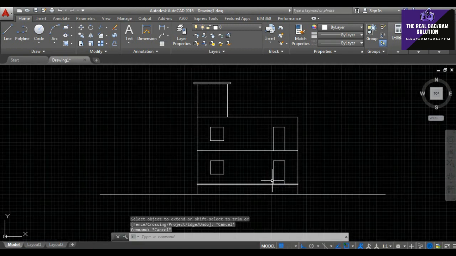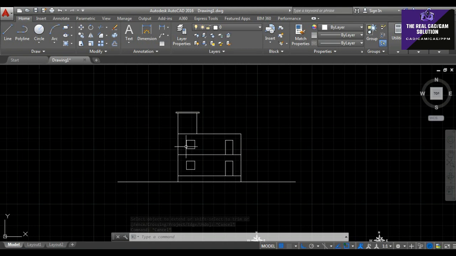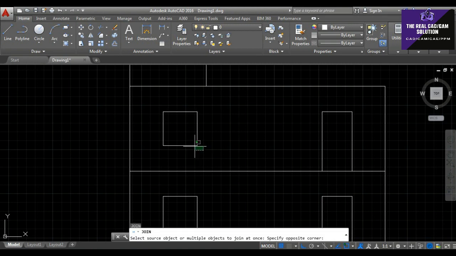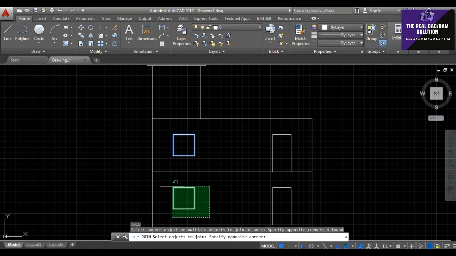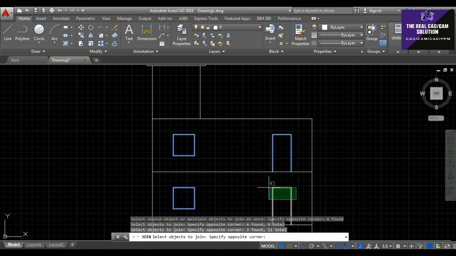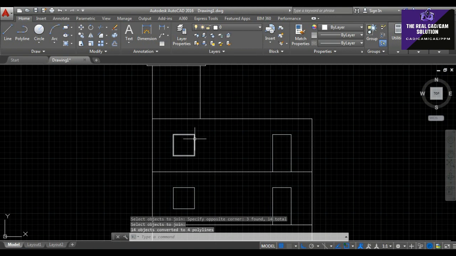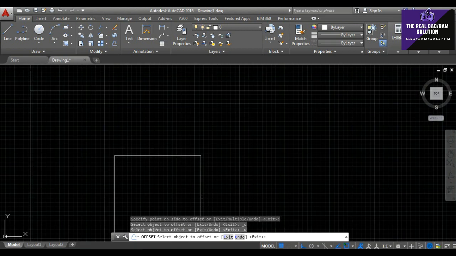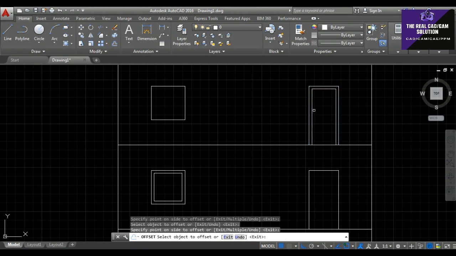We finished like this, and then go to the elevation design, whatever you want. Here I present my outlines. Here I want to draw like this. First of all, I want to change the join command. It's very easy to take an offset. Okay, it's ready to offset. It's my window section. Then this is my door section.